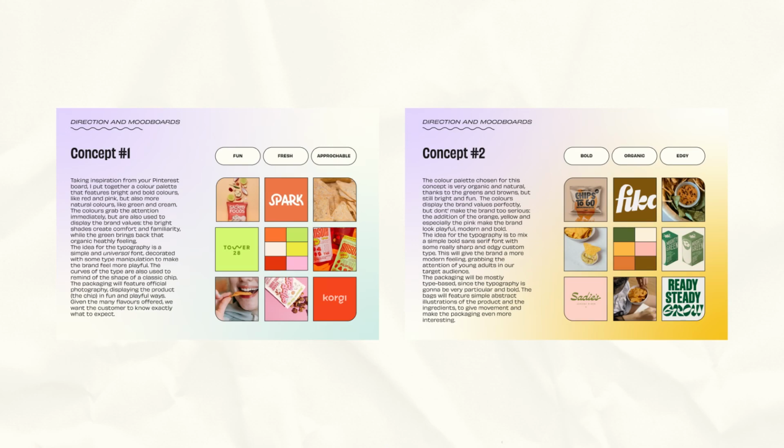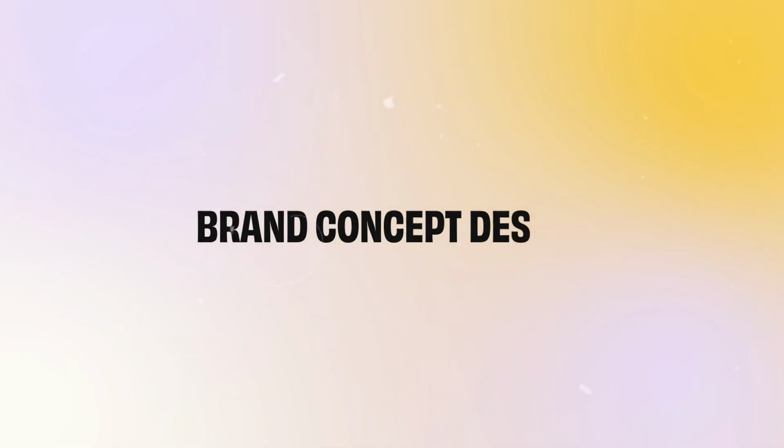Then we move on to the creative direction, where I will put together 2 different mood board concepts with their different creative direction in terms of colors, typography, illustration style, and generally visual communication, which the client will have to choose after receiving the document. This way, the client personally chooses the direction that the branding is going to take, and we are sure that we are both on the same page and ready to finally start the design process.